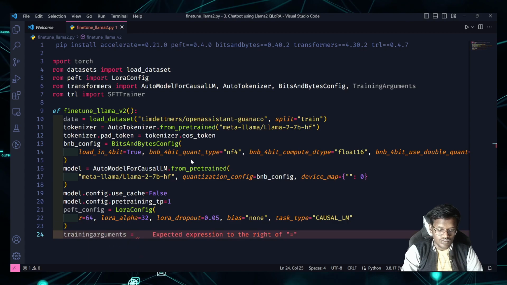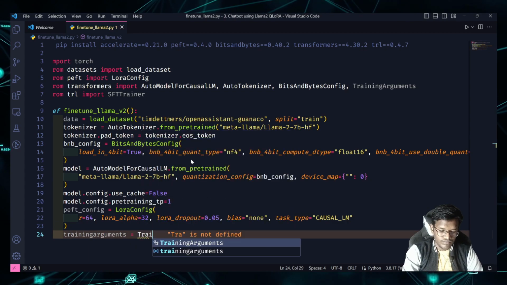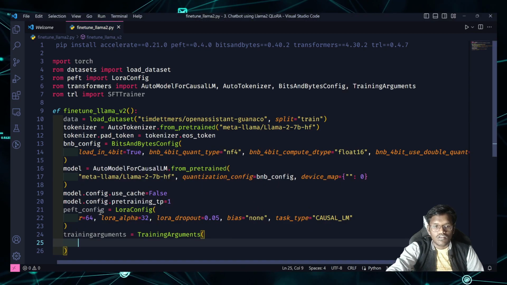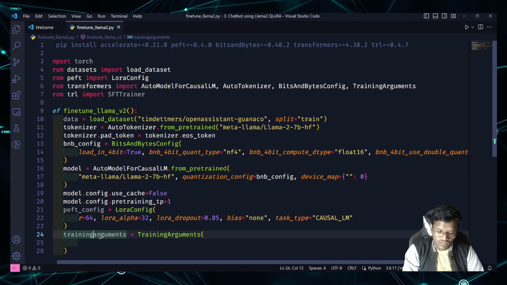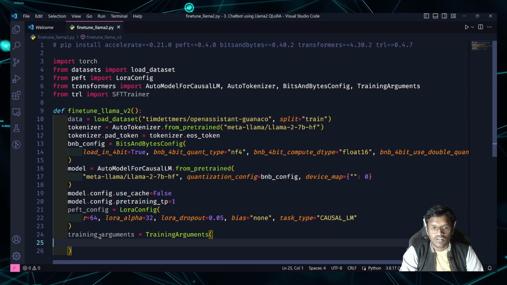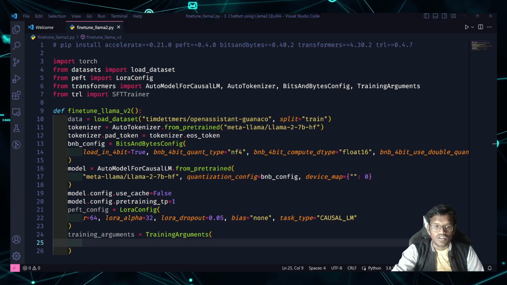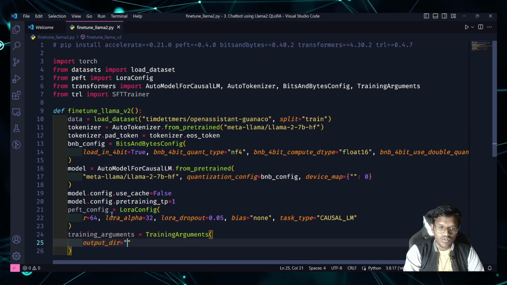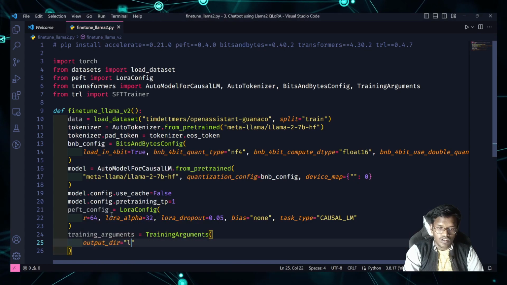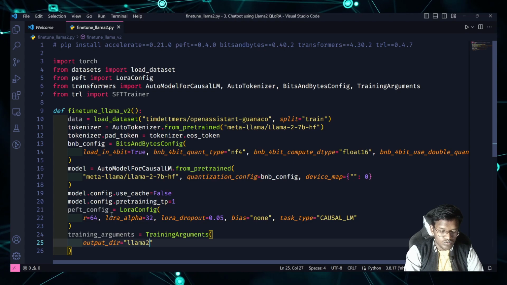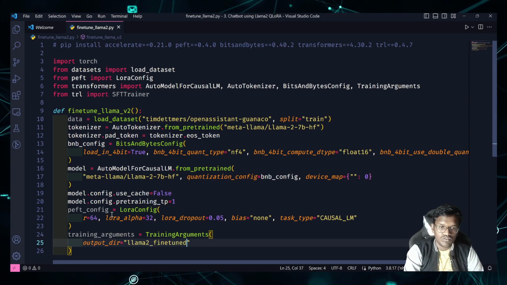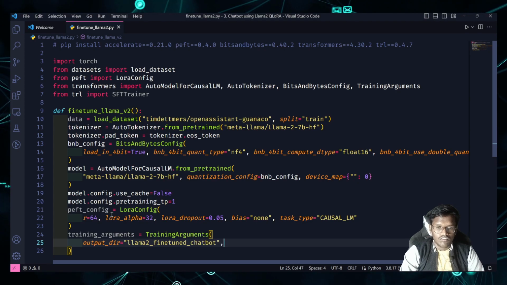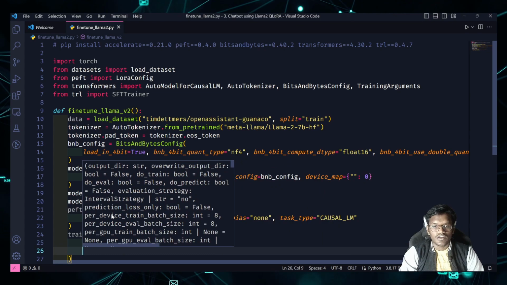Arguments equal to training arguments. Okay. We have separation. Okay, so what all do we need now? We need an output directory, which will be equal to maybe llama2 fine tune chat bot. Okay, followed by this we'll need